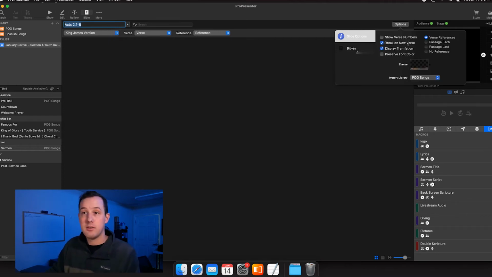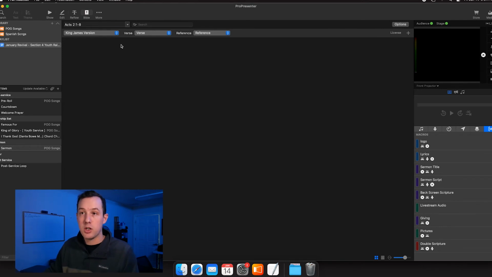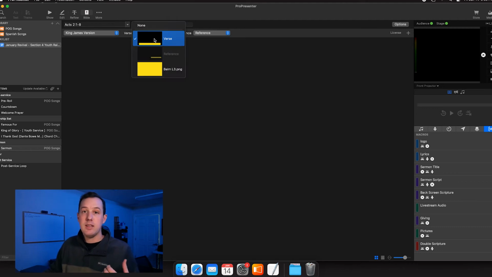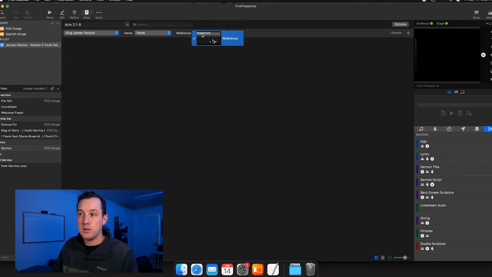So in order to pull in different versions of scripture, we'll come over here to this drop down box and we can select any version of scripture from this list that's shown here. We'll want to double check to make sure that the scripture, the verse, and the reference are going to the correct places in the slide. So we'll make sure that the verse here is going to verse and the reference is going to the title